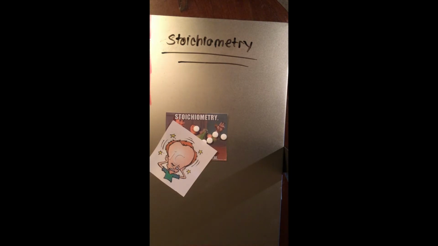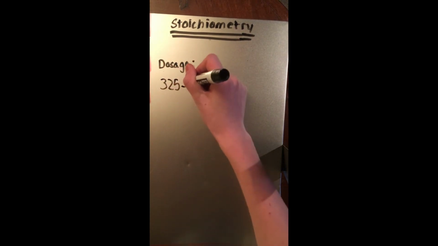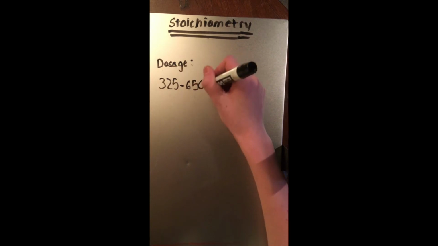Aspirin is an FDA-approved, over-the-counter drug commonly found in most people's homes. It is created by a synthesis of salicylic acid with acetic anhydride. Stoichiometry is used to determine how much of each reactant is needed to produce a certain amount of aspirin depending